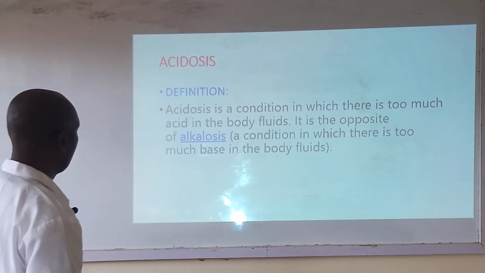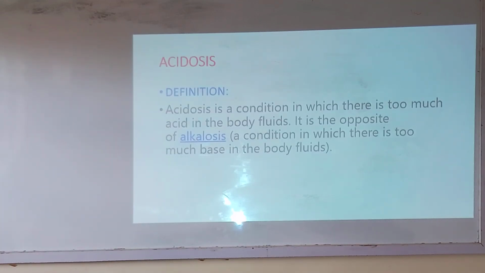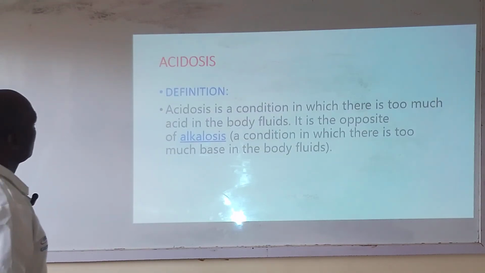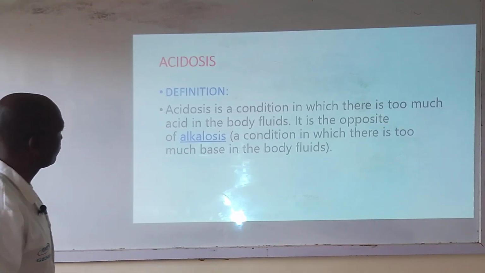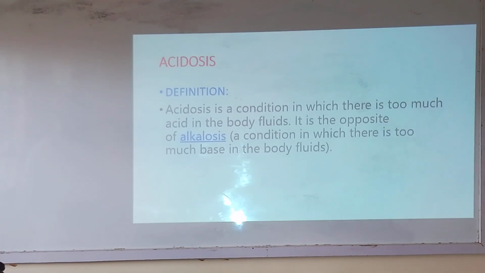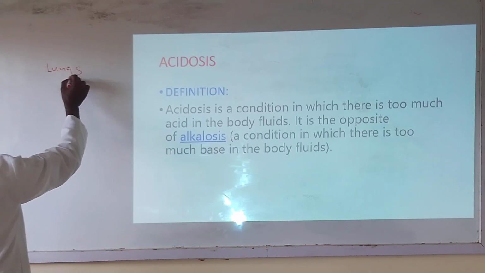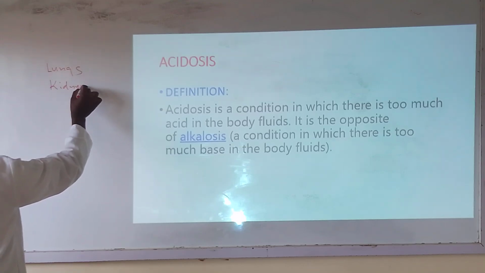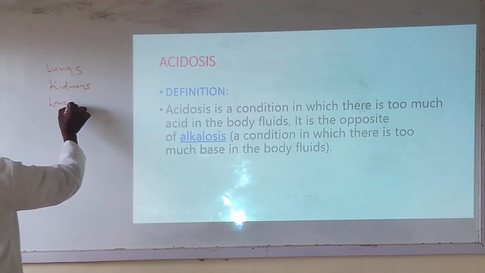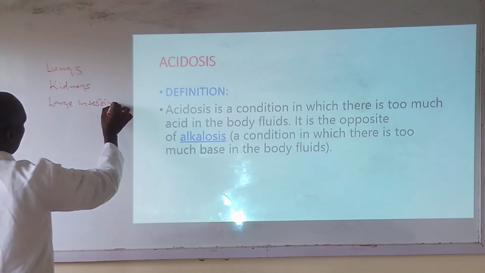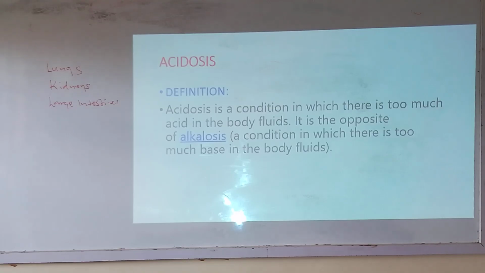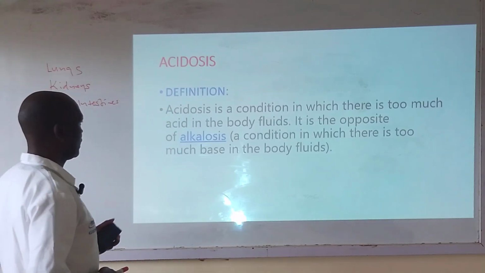So having mentioned a number of excretory organs in the body, now we want to look at acidosis. And in acidosis, the excretory organs in question mostly are the lungs and also the kidneys, sometimes also the large intestines. So, what is the definition of acidosis? This is a condition in which there is too much acid in the body,